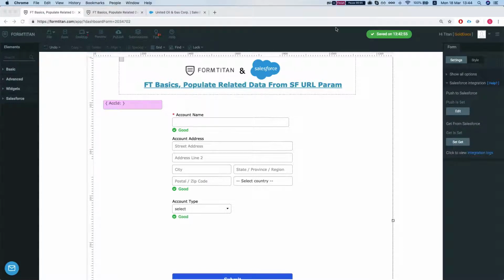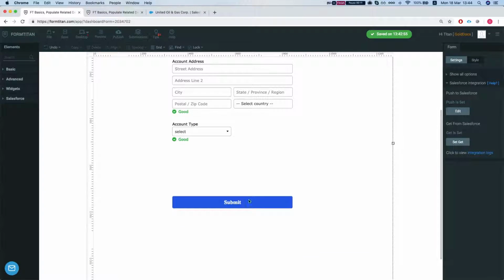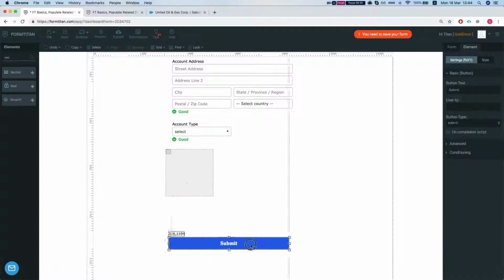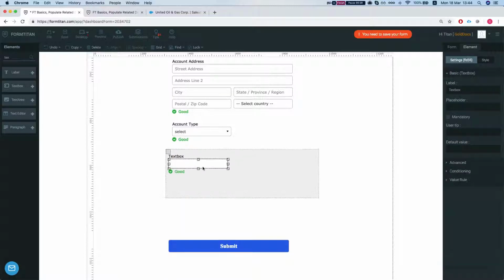In this video we'll show you how to populate related data from Salesforce into a repeated section. So let's head over to our form, add an element, let's add a section. Let's add in some fields. You can do a text box or an input or whatever you like. Let's duplicate this. Let's add an email